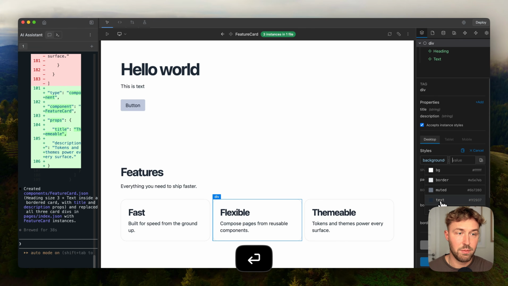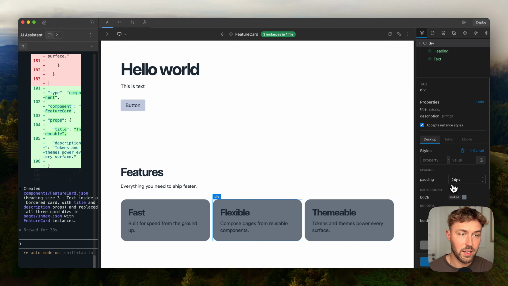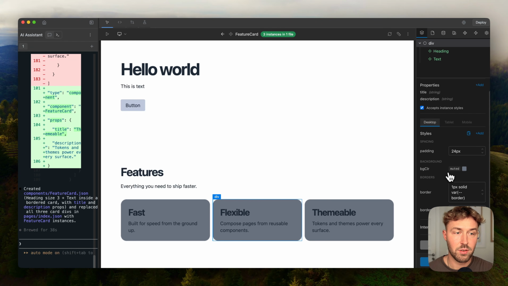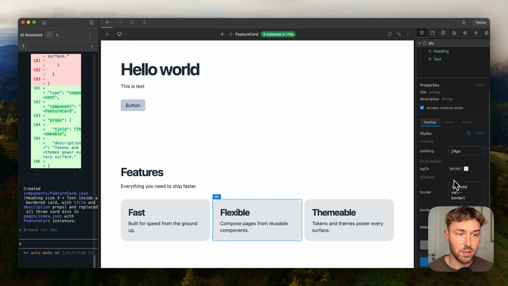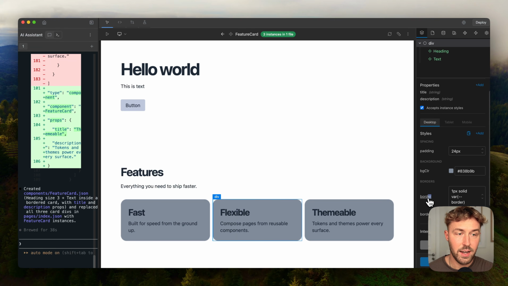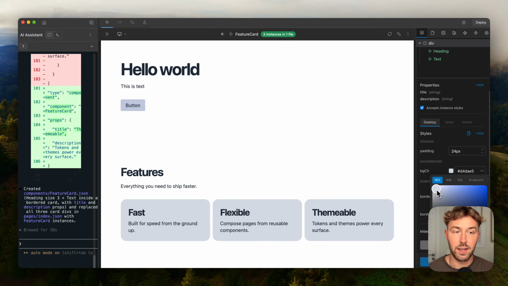If I want to add a background color, I can do it right here, and then it's added. So I use the variable muted border, or I can unlink it and then just use any color I would like. So this is like the very basics of